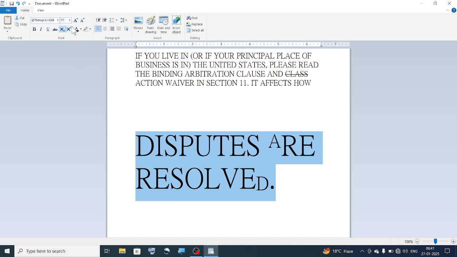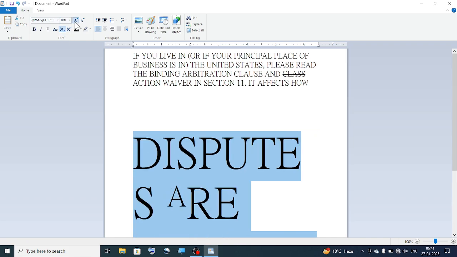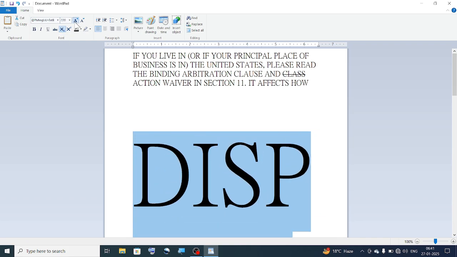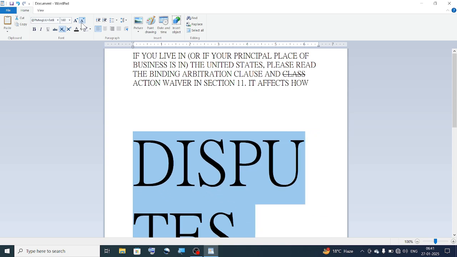And the maximum size is 72, but I can increase the size above 72 with the plus. So how? Click increase font, capital A, okay, and small a decrease font, like this, okay,